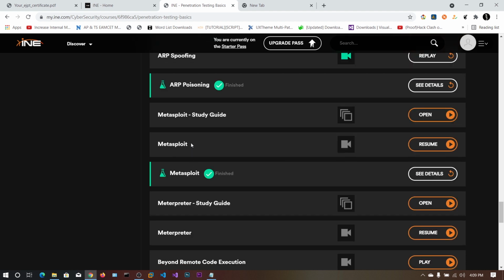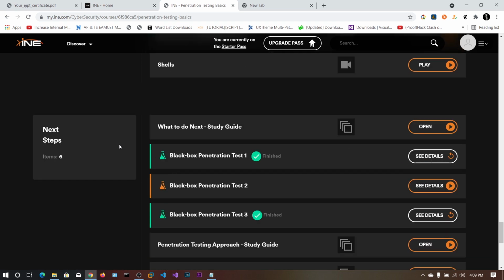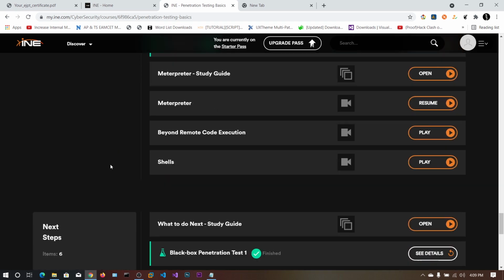And Metasploit, this is the most important one. Without Metasploit you can do the lab, but the boxes you will be given are more easily done with Metasploit than manually. For manual, I tried with Python 2, and it did not work out. So Metasploit is the win for this. Make sure you also watch the video on Meterpreter.